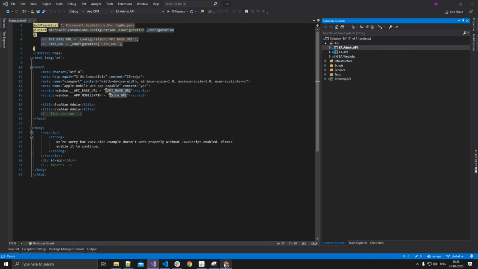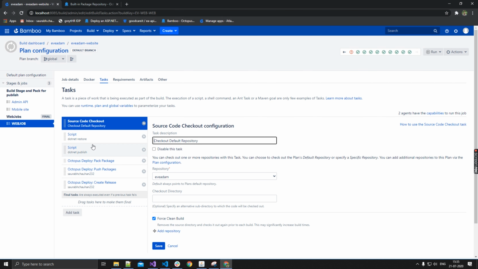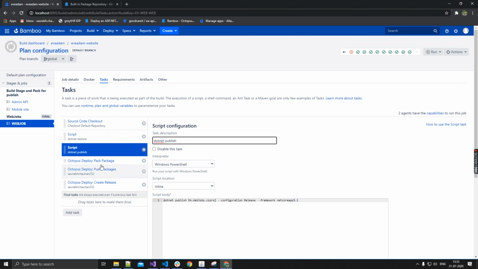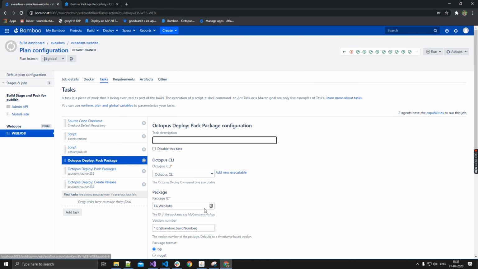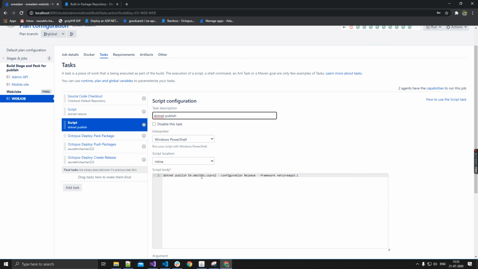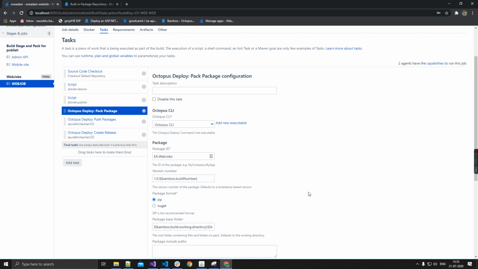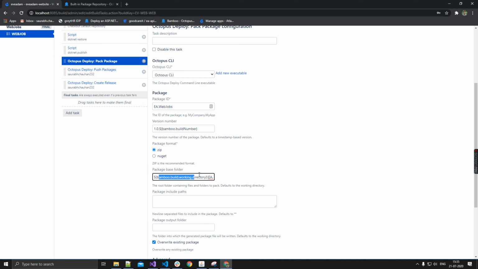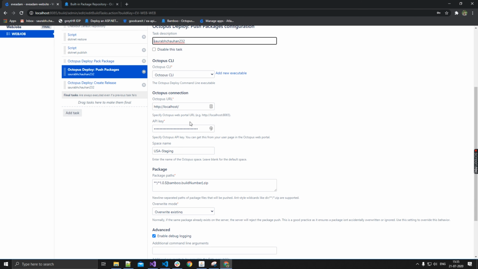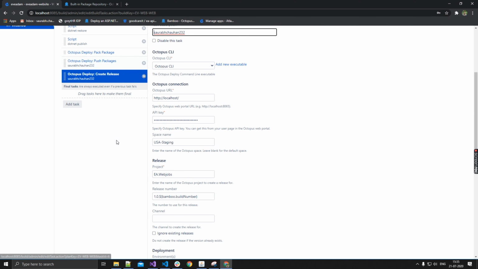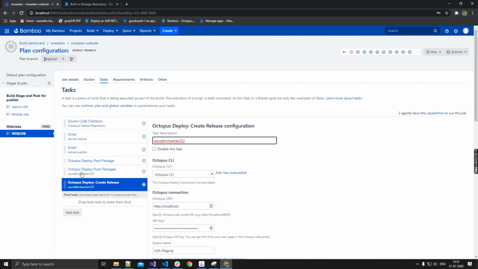So we have said: check out the code, .NET restore, .NET publish project name, push it with the name, and from where to get it: bamboo build working directory, EA web job, bin, release, and publish. Push the package, API key, localhost URL, and this will come to the create release part.